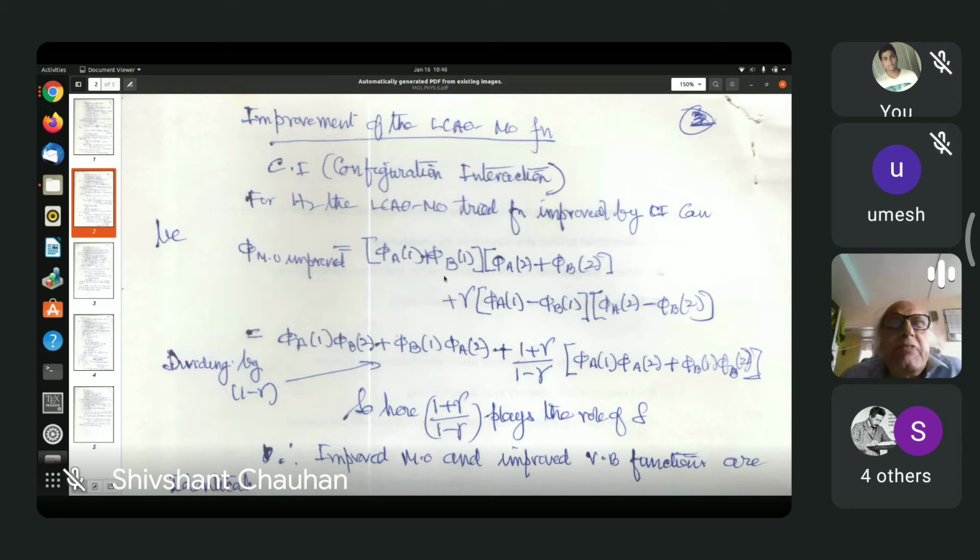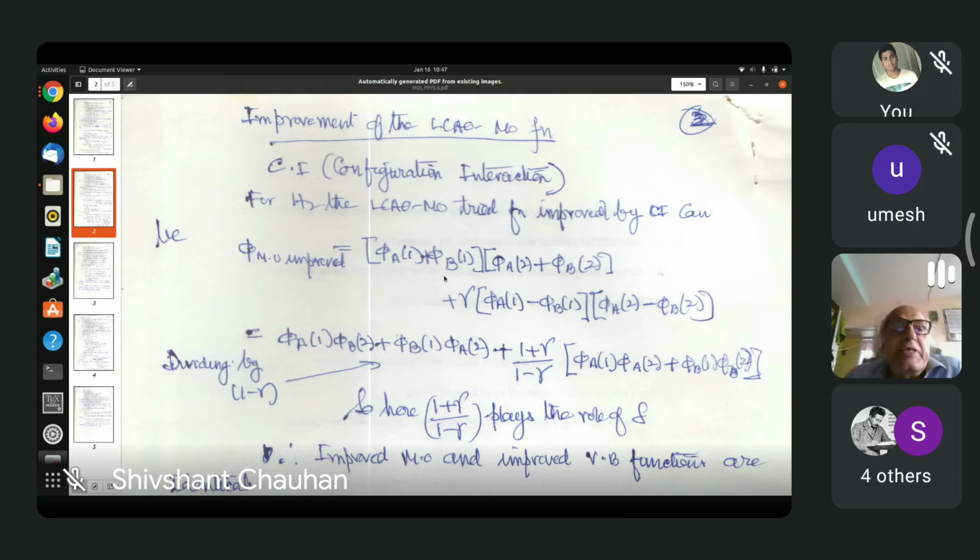So most of the time, if you make a measurement of the electron cloud density, you will find the electrons distributed over the 2 nuclei. Sometimes you can see that both electrons are close together. So what do we do? In the LCAO-MO function, there is no scope for saying whether electrons are close together or not, because the simplest molecular orbital theory always gives you this first term, phi a1 plus phi b1 multiplied by phi a2 plus phi b2.